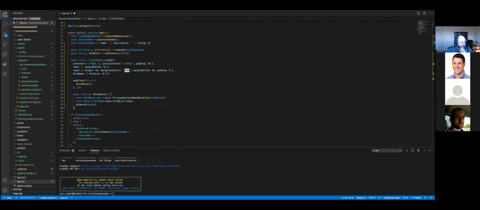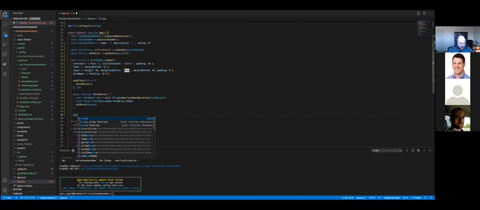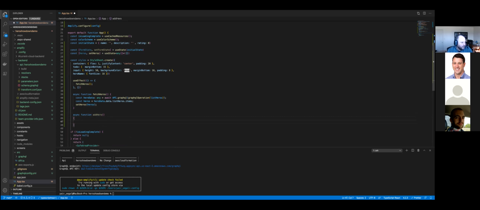The next thing that I want to do is create a function to add a hero. And then the last thing I'm going to do is create a function to handle the change of the text box that adds a hero. So let's do the add one first. Hero. Okay. And you can obviously do try catches around everything. For simplicity's sake, I'm not doing try catches, but